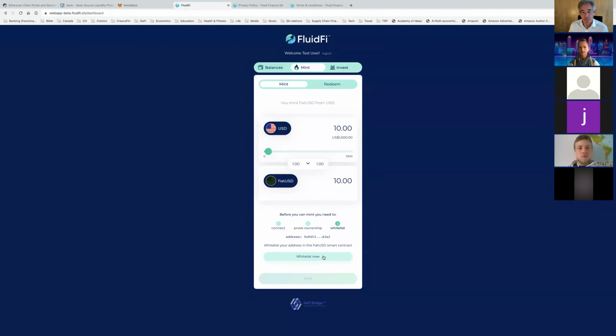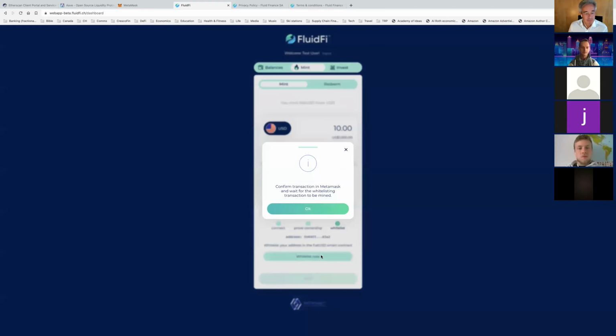Yep. But that has the big disadvantage that it will take some time, and it's not clear for the user how long it will take or when it will be complete. Yeah. And now that we swapped to Arbitrum, I think it's okay that the user does it himself. Right. So if you click whitelist now, again,